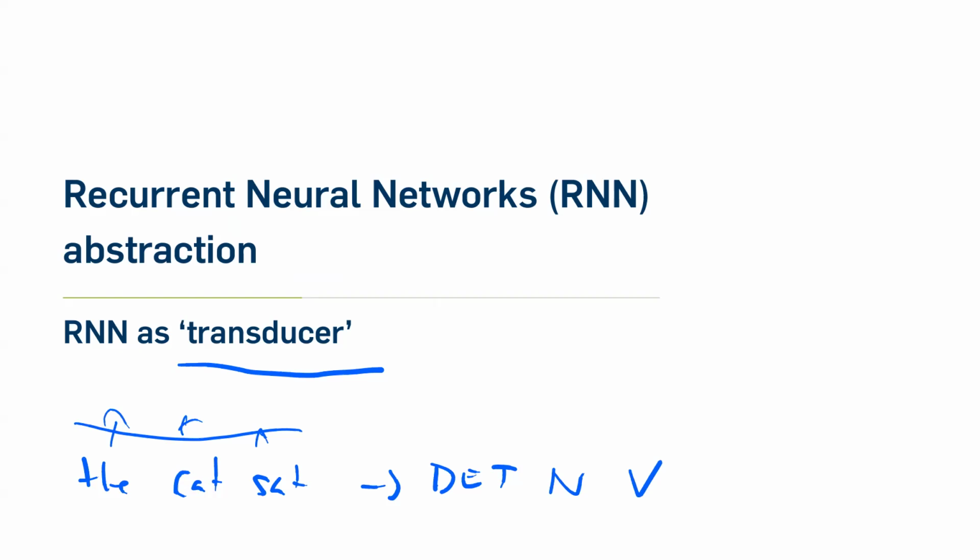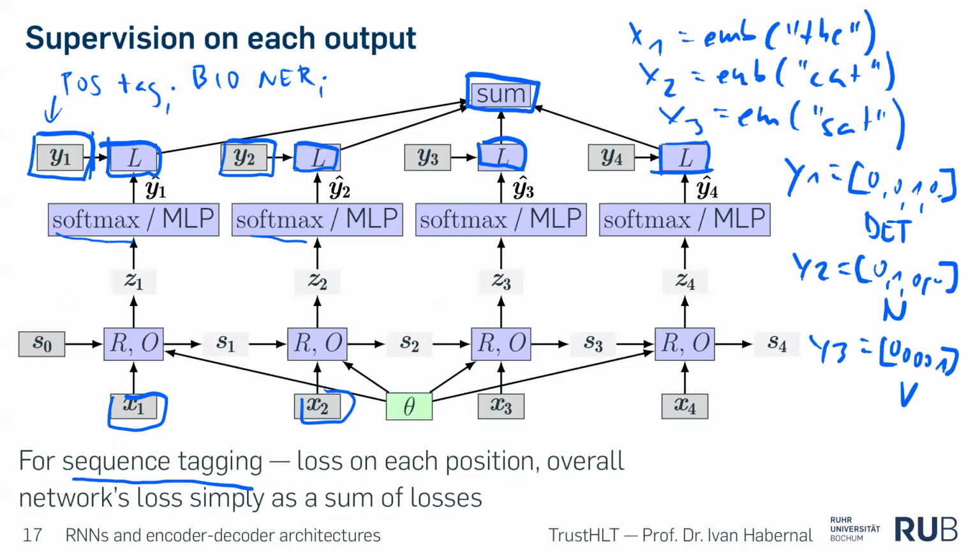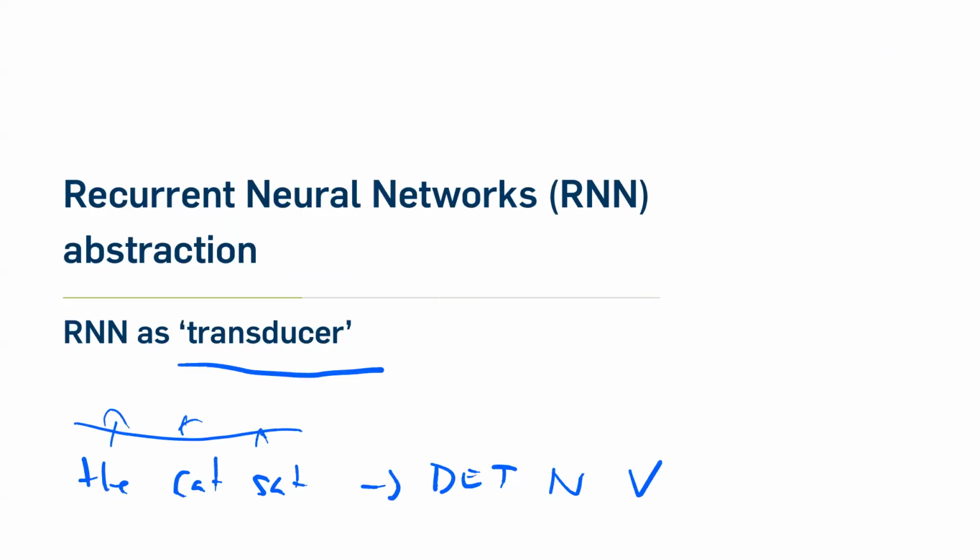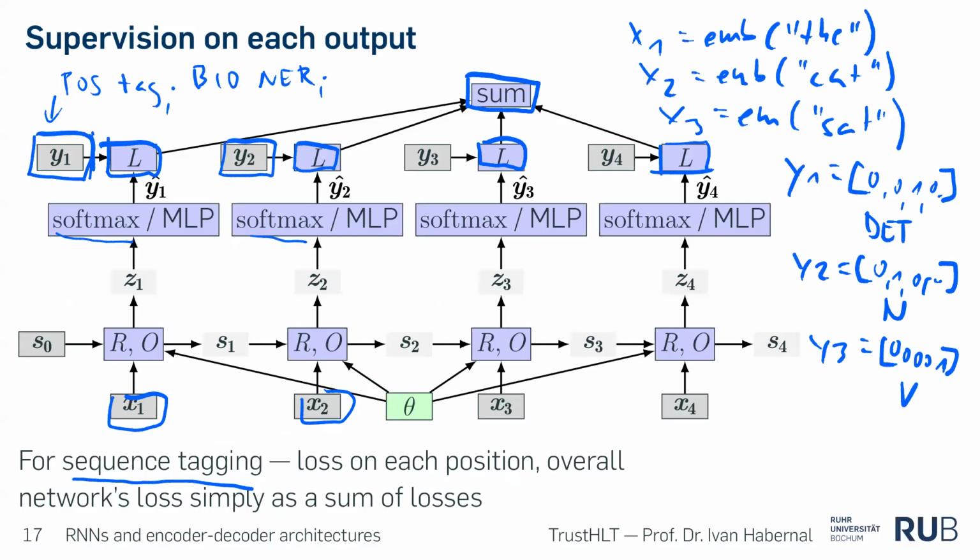Though the task is much harder in generating text than just producing the output for each position, because now you can supervise, you know the loss for each token exactly. There is a one-to-one correspondence for part of speech tagging. If you want to generate a sequence, in a way you're generating a sequence here too, but the supervision is very concrete for each input. You know the gold label, so it makes sense to supervise each label because that gives the maximum amount of information. If you used the encoder-decoder for that, as we will see later, the flow of information would be much harder because there would be long dependencies between the output and the input. Okay, that's a good question. Keep this in mind.